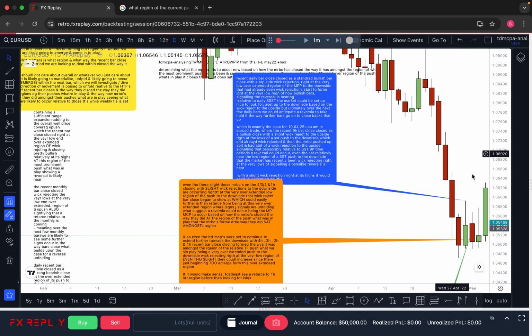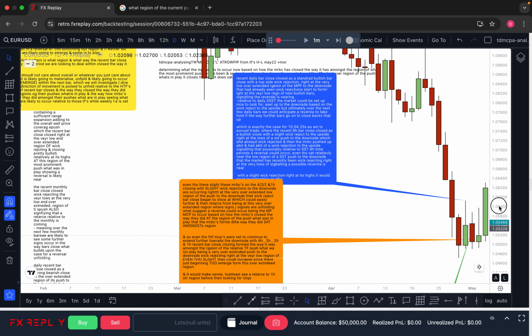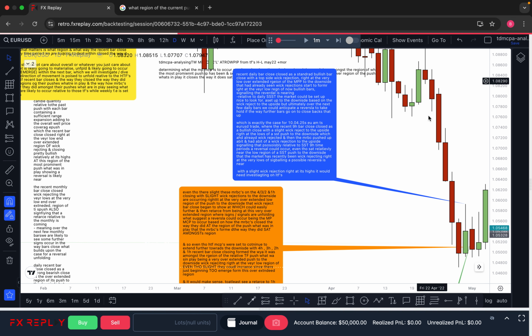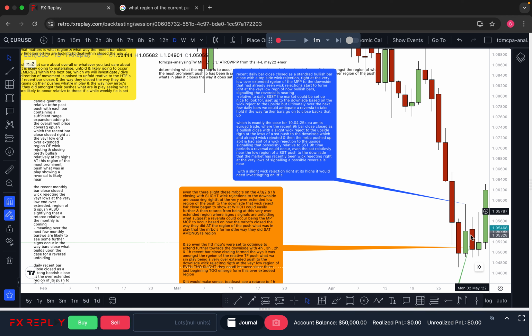But you can also kind of see this overall, and this is why you can get tripped up. So right here, someone could be looking at it like, yeah, you're at the low overextended region still, and you close as a decent range expansion bar with a slight wick rejection to the upside. So you're still, regardless, you'd be looking at